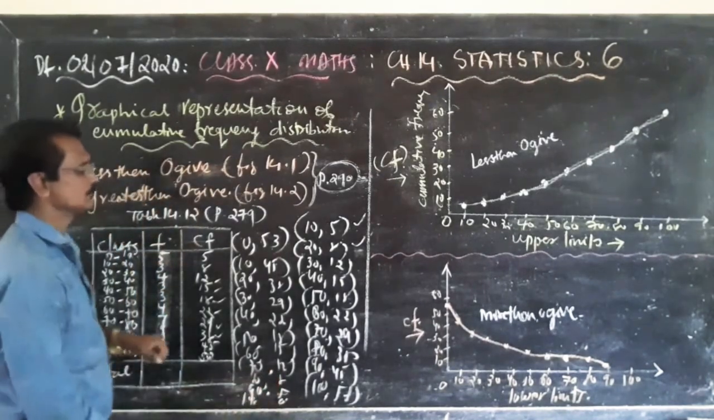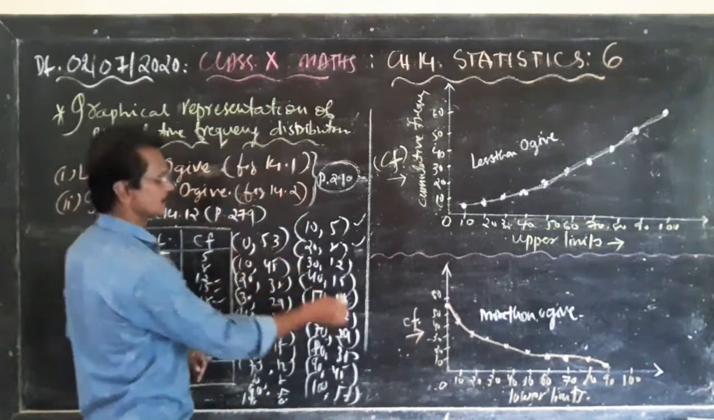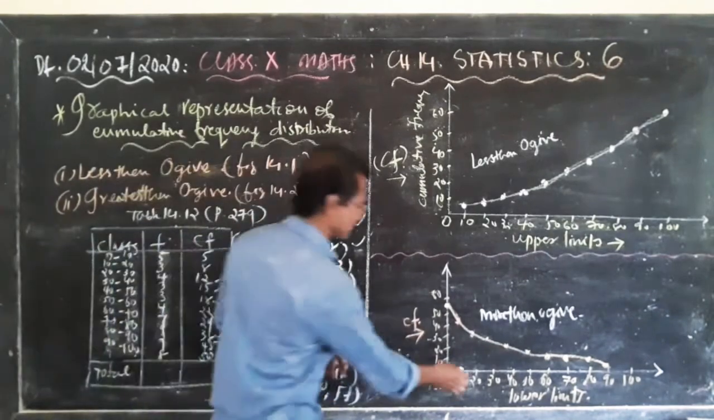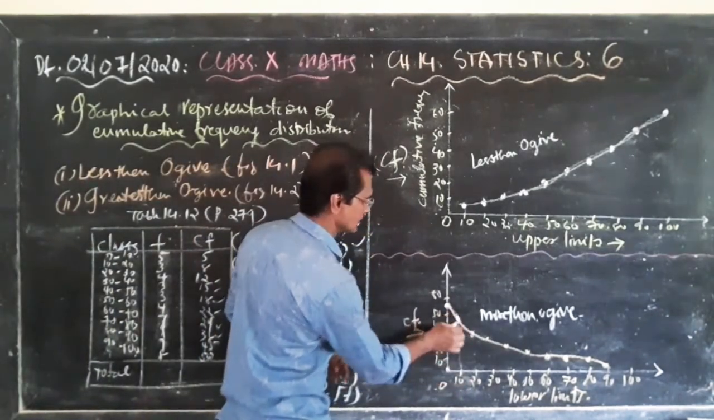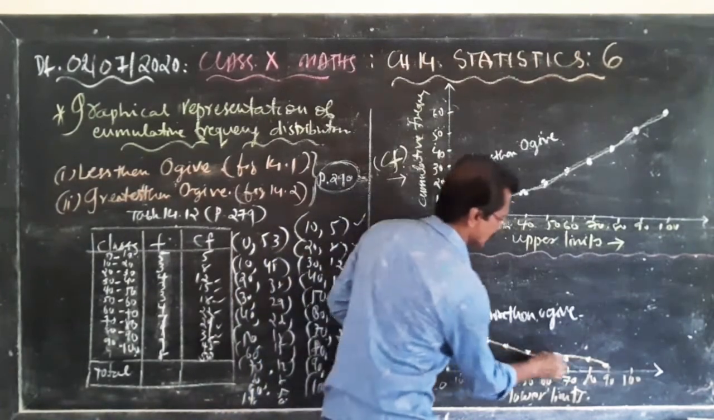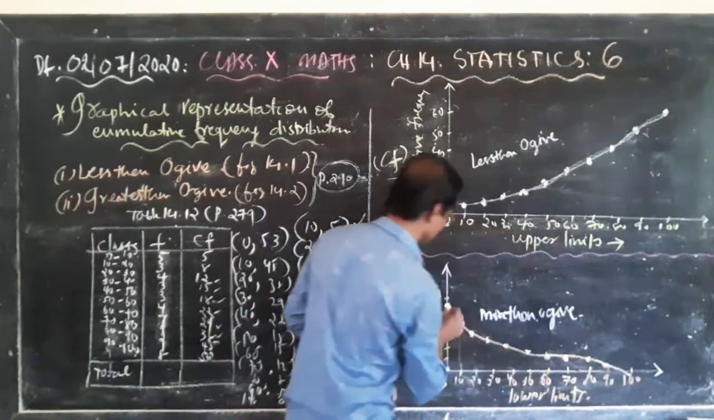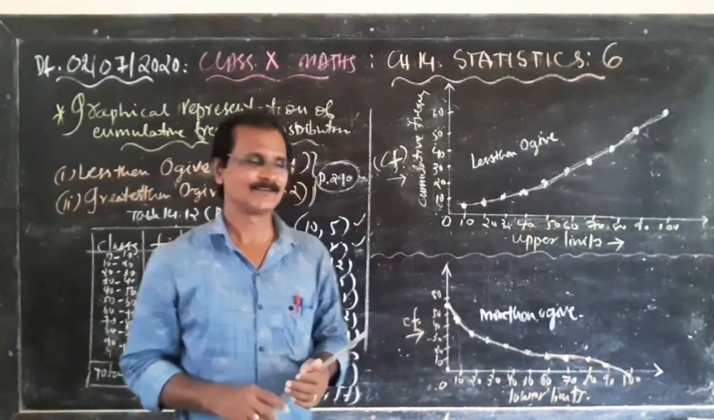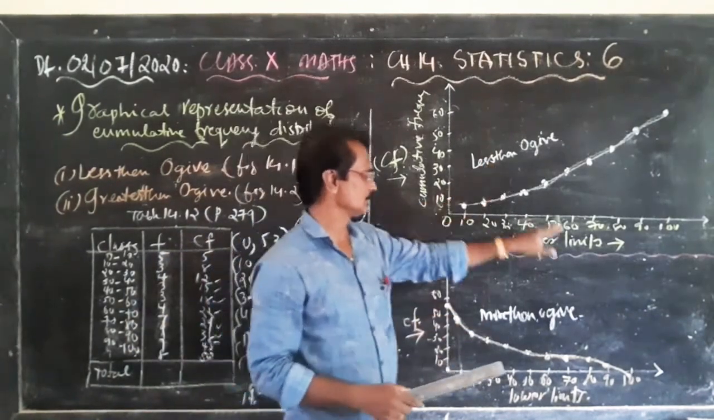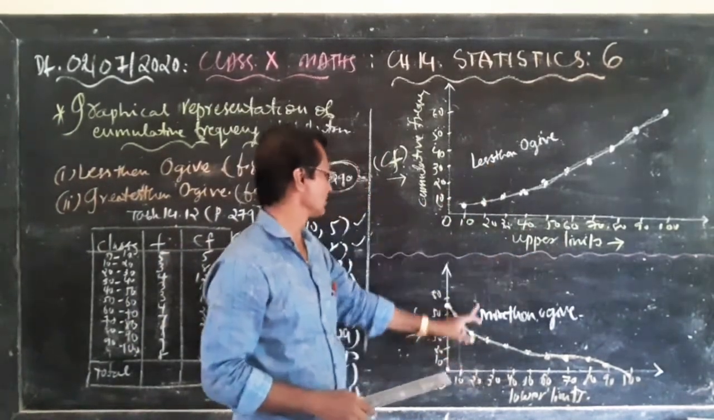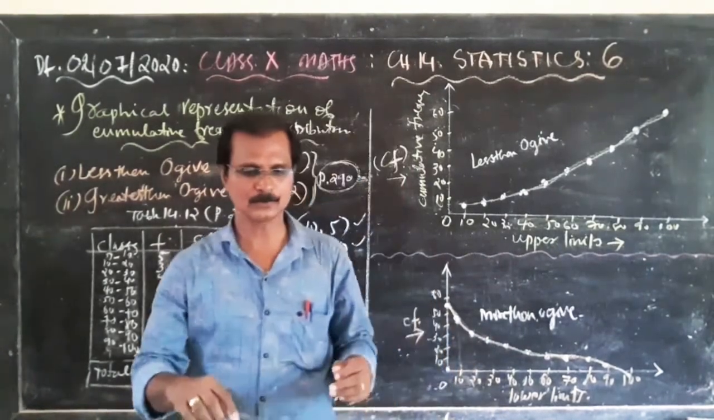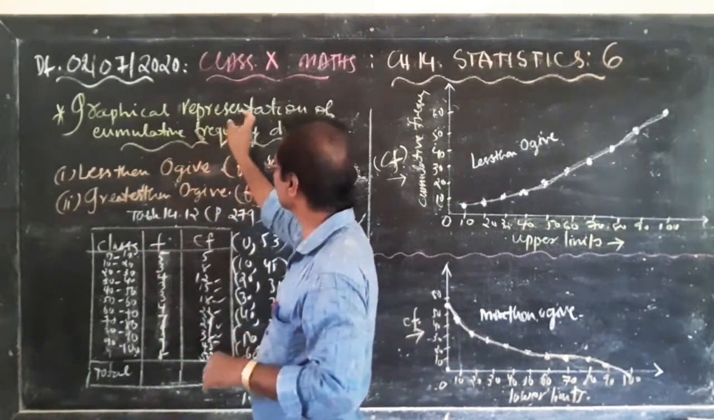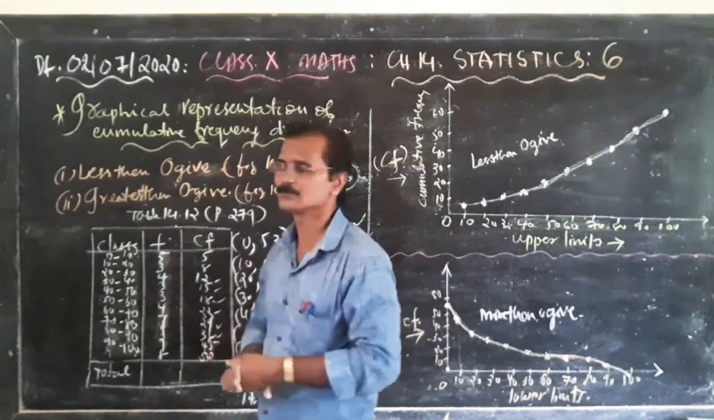Then comes 0. So you take the ordered pair 0, 53. So from 0 you come here, that is 53. Then 10, 45. Then corresponding to 10 you take 45 here. So you take the points like this. Last 100, 0. So this will come to here. Okay. So this is what we call more than ogive. So less than ogive, exactly, we take upper limit, and more than ogive it is lower limit. So this is the method of graphical representation of the cumulative frequency